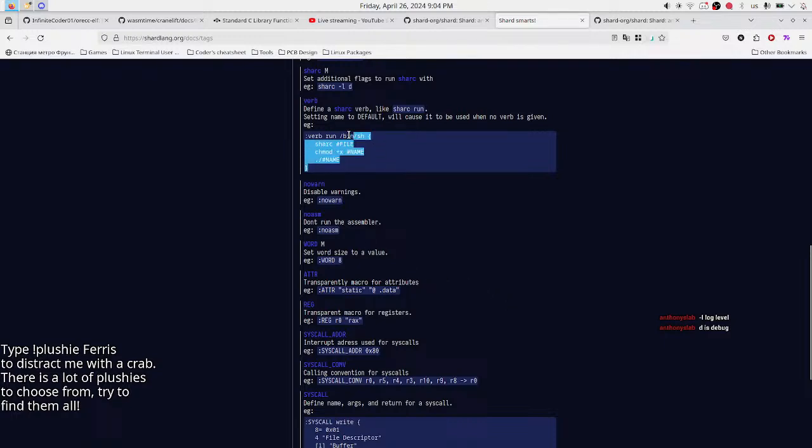I mean, you're probably not gonna get logging in this language unless you use some library. No awesome word. Set the word size to a value. What do you mean? Is it like 64 or 32 bits? Attributes. Transparency macro for attributes. Oh wow. Wait. I just noticed those are in caps.